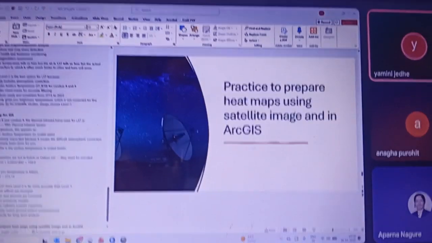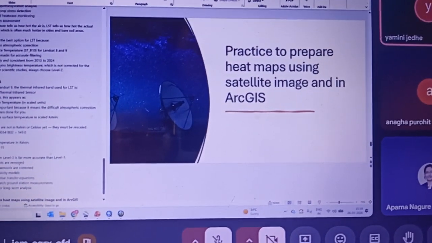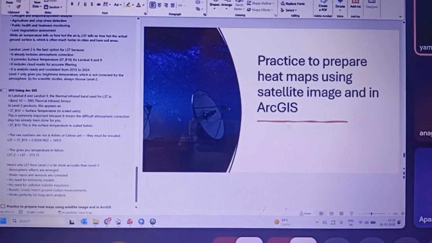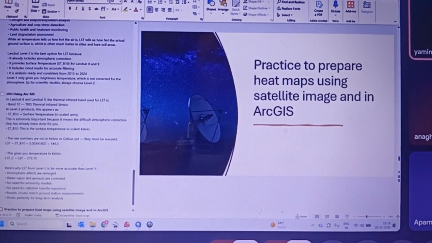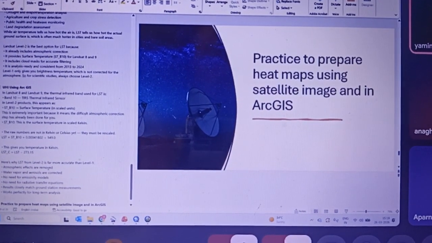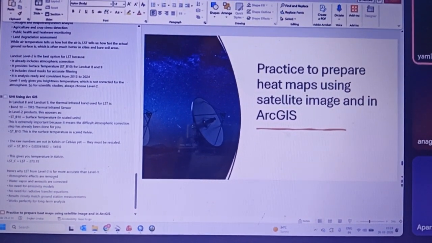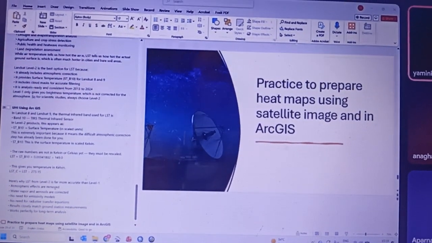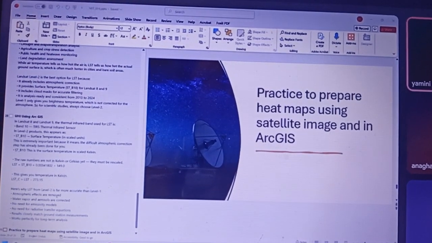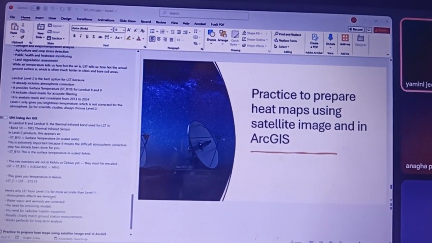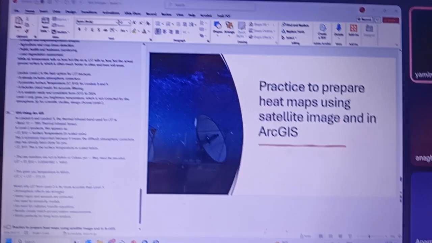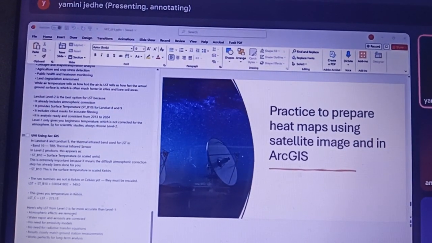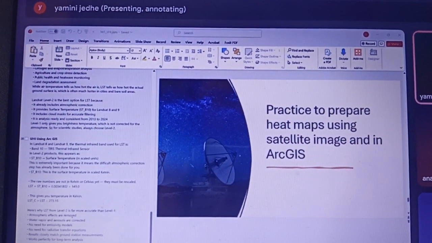Yes, definitely. When you use the satellite image, if you are talking about the large community STPs, in the satellite image itself you will see the temperature elevated in that particular area because of those gases. The image doesn't only show what you can see; it actually identifies the nearby surface temperature in that area. If STPs are open and the oxides and other things are released into the environment, causing an increase in temperature, that will definitely be identified in this heat map.